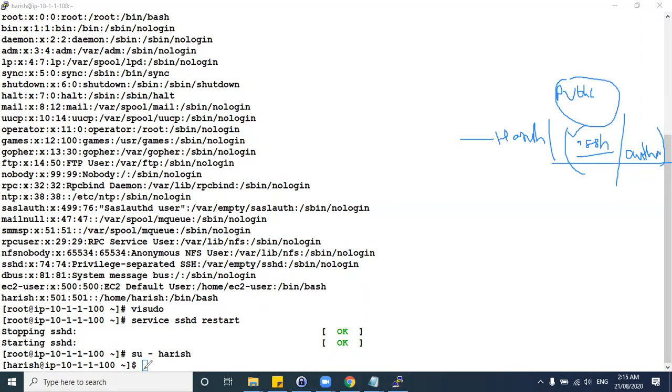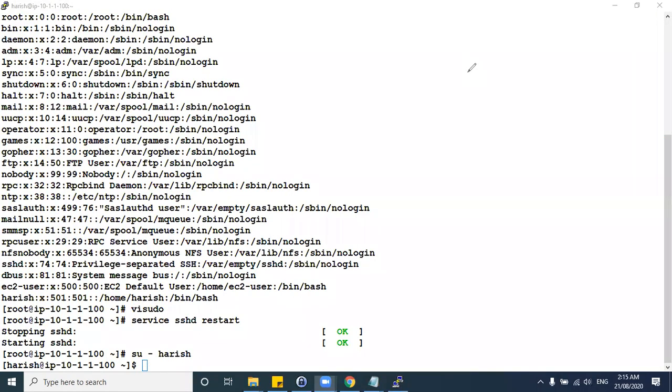Now let us create the .ssh folder and authorized_keys file, and create a public key, and we'll paste it here. After pasting this public key, let us try logging into this machine, and we will see how to access this EC2 machine with the Harish username. Now make the directory .ssh.